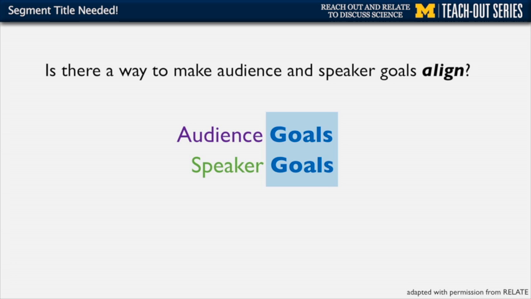So the point here is that if we can make audience and speaker goals align, then that's the most effective way of trying to make sure that communication is effective. And I would argue that that also, as a speaker, helps you to determine what a good goal is for you. What I mean by that is, let's use an example to talk about this. Successful science communication happens when your audience's goals and your goals are aligned.